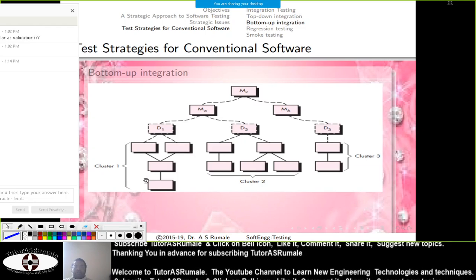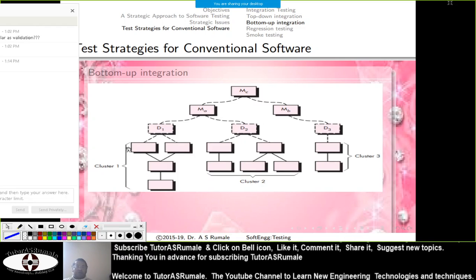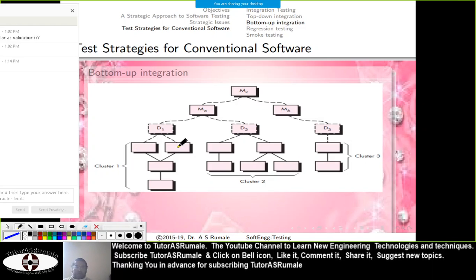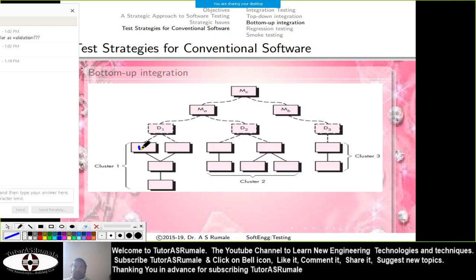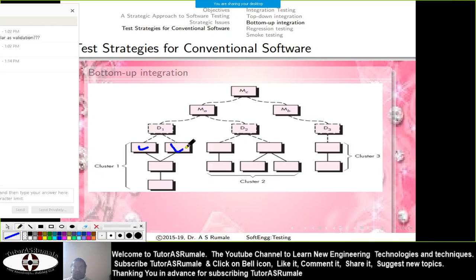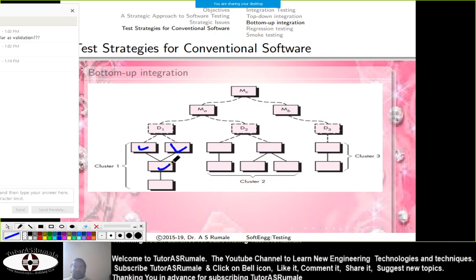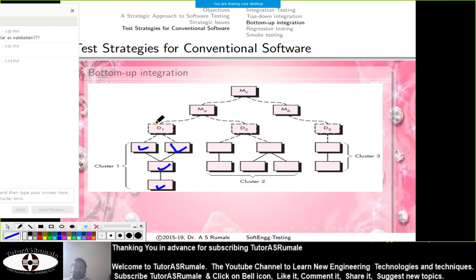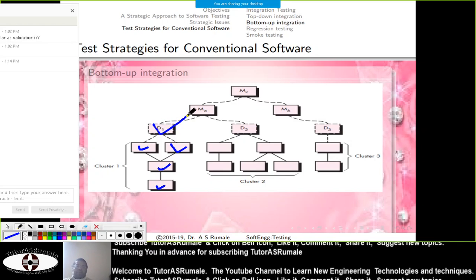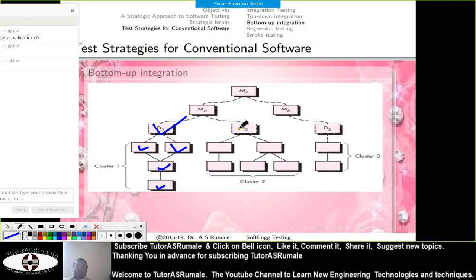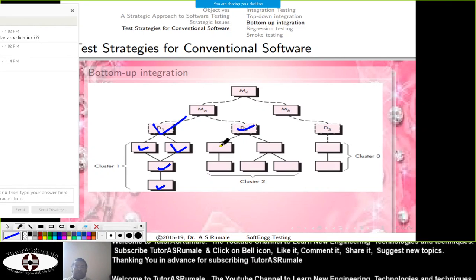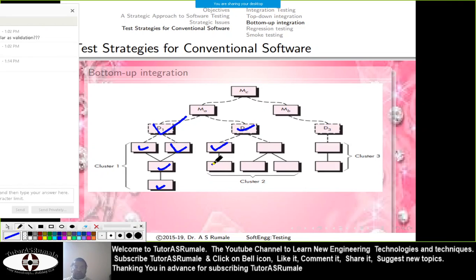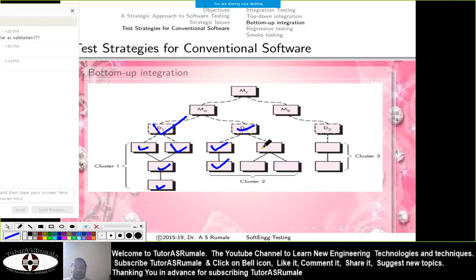So bottom up integration is that here you are in cluster 1. For example, if you take cluster 1 as file: this as new file, this as open file, this as save, and this as save as module, you get here the first module. That is your file module. And then this D2 is the combination, because you are in the file, every file has its layout, every file has its properties, every file is required to share.